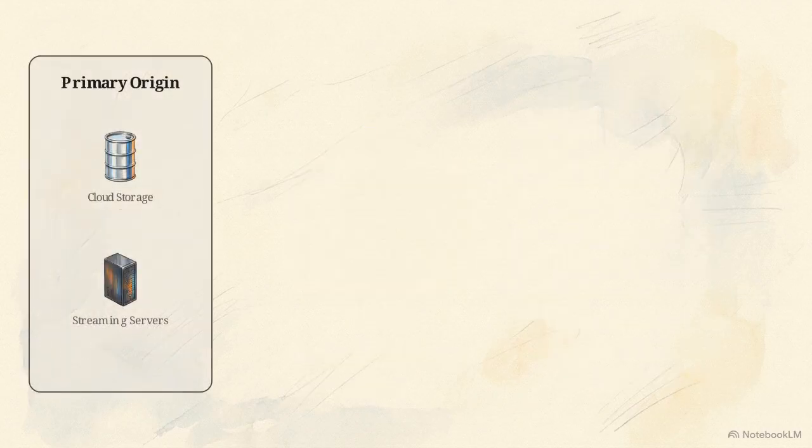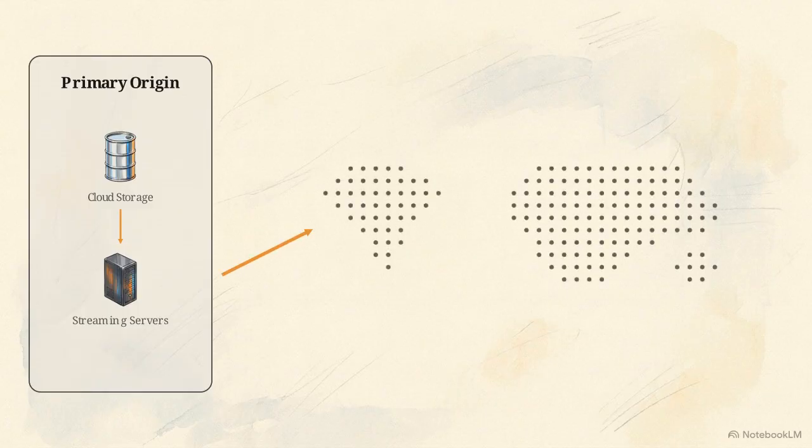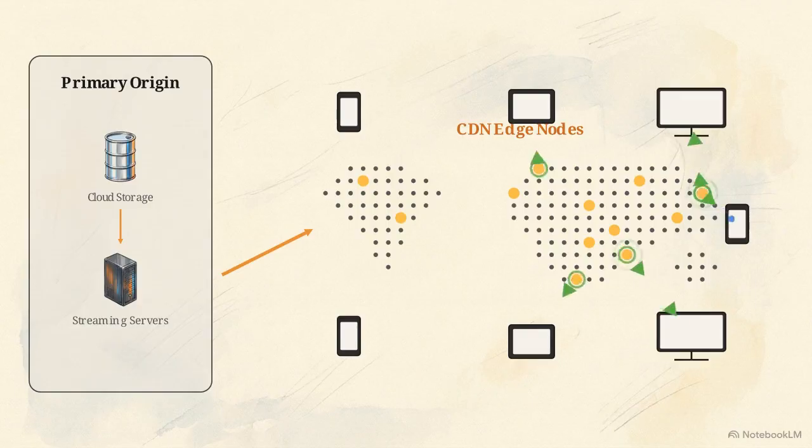This diagram details the underlying architecture for media streaming. To deliver heavy video files globally with zero latency, the data flows from cloud storage through streaming servers and out to the content delivery network. The content delivery network acts as a geographic edge cache. Instead of millions of concurrent requests crashing the primary streaming servers, users pull the video files from CDN nodes geographically